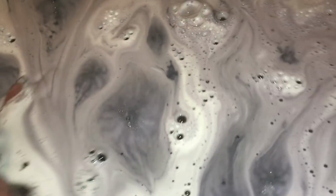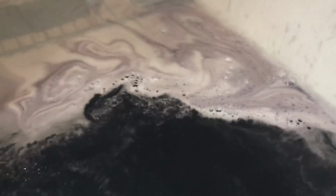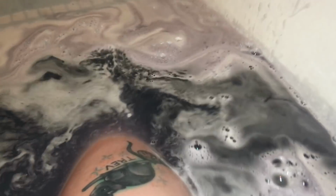It's really swooshy on the top, and then dark black, kind of deep purple actually in the water. There's still, as you can see, a few little bits which are dissolving, but it feels really nice. It feels super silky. And also, I'm not sure how well you could see, but actually when it was dissolving,